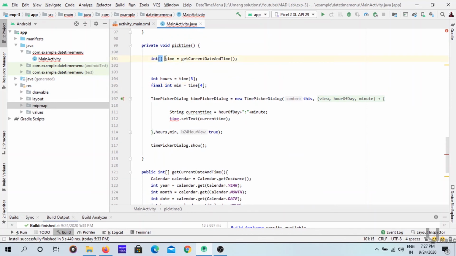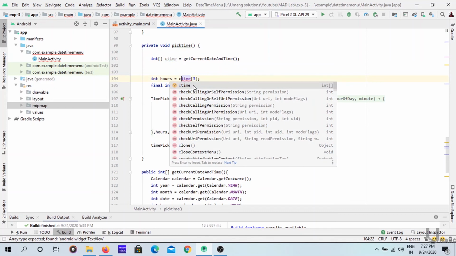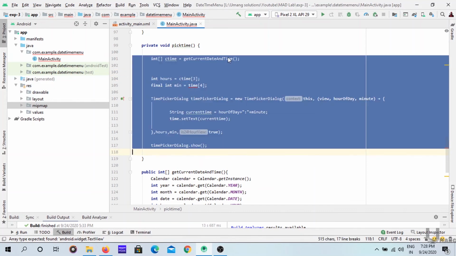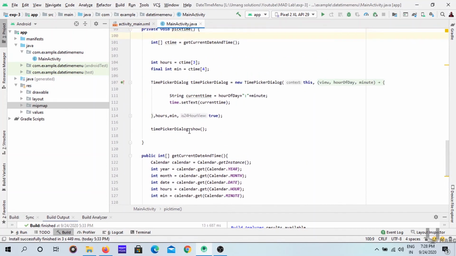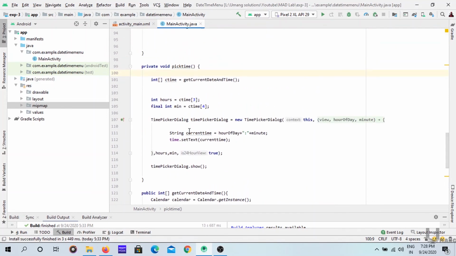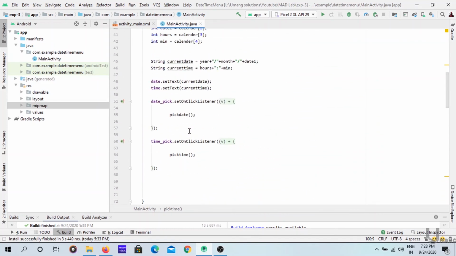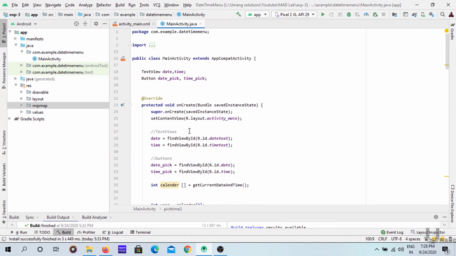Okay, C time. Let's make it a C time, current time and current time. Yeah, that's it. Now we just optimized our code. So this is how we implement the date pick and time pick dialog boxes.